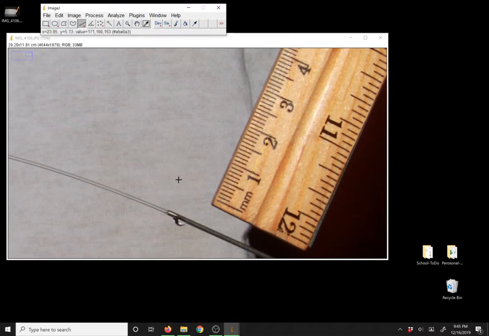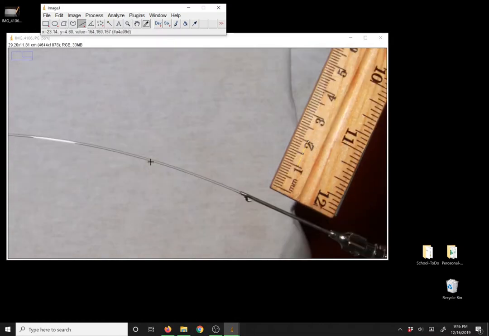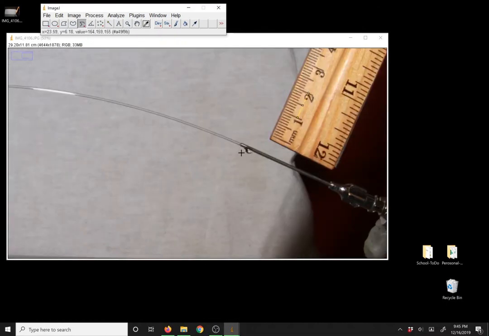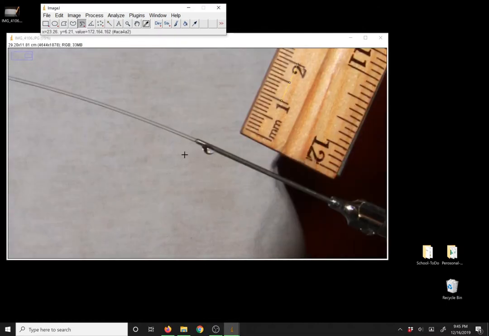So to measure the length of this jet, again, what I'm doing here is holding the Control key and using the scroll ball on the mouse to zoom. And I just select the segmented line tool by right clicking here, click Segmented Line. You could click in a whole lot of places to trace the line as closely as possible, but that's not necessary. You can click in a fewer number of places,